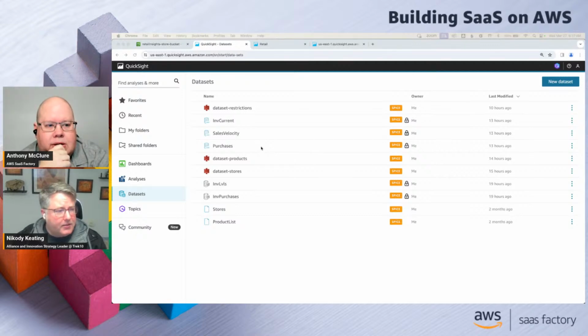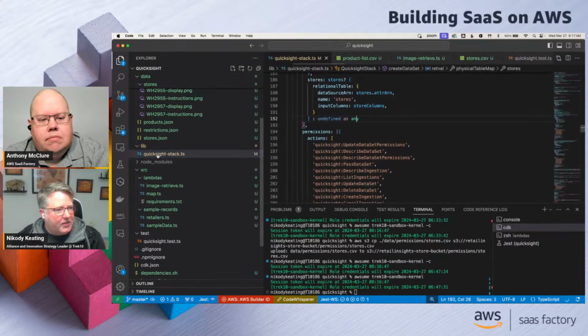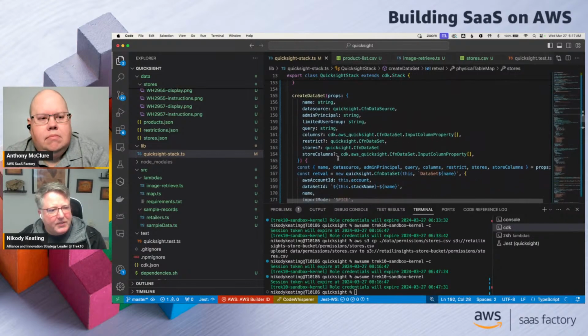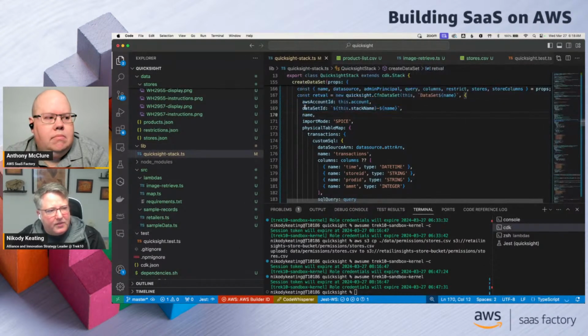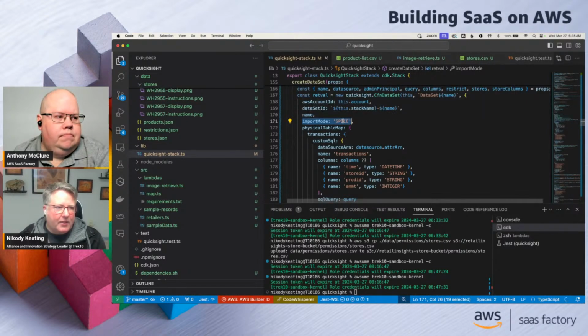Correct. And part of this is I'm showing you this through the user interface, but we can come into Visual Studio Code, come into CDK, and we have constructs that we can put together based off a little bit of information as to how we're identifying this information, where we're importing it into. And SPICE, by the way, this is QuickSight's storage mechanism. SPICE is a really good way to gain even more capabilities for your system, such as